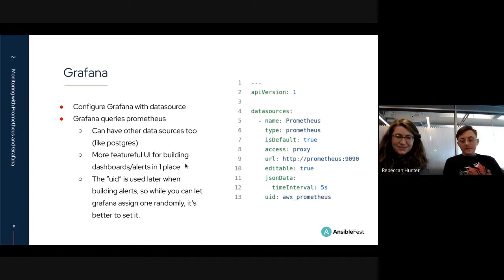Prometheus is running in a container called Prometheus, serving on port 9090, and in this case it's unauthenticated because that's just how we have Prometheus configured. And every 5 seconds it's going to go out and get data from Prometheus. Later, we'll talk about how we can use this data source that we've named AWX Prometheus to build dashboards and alerts.